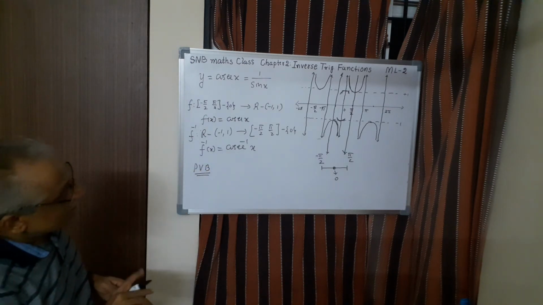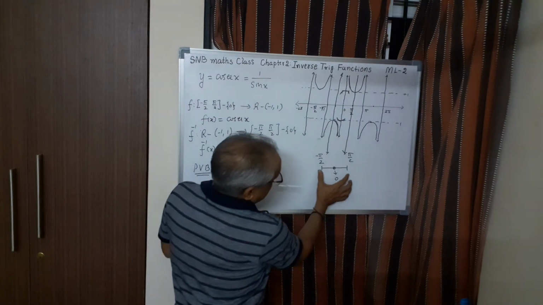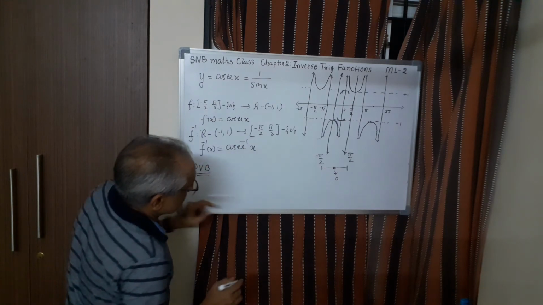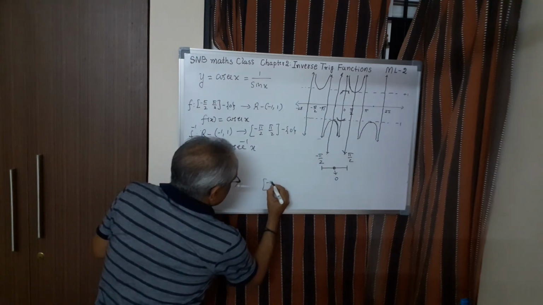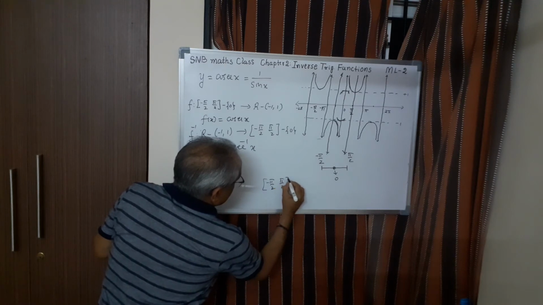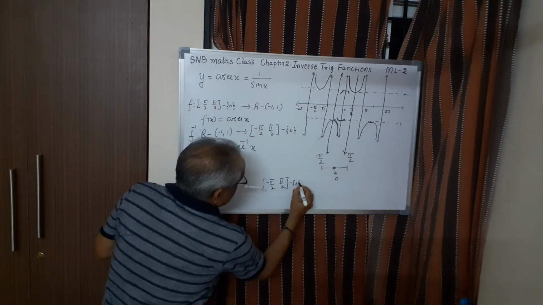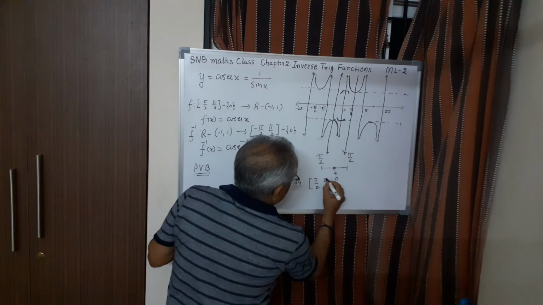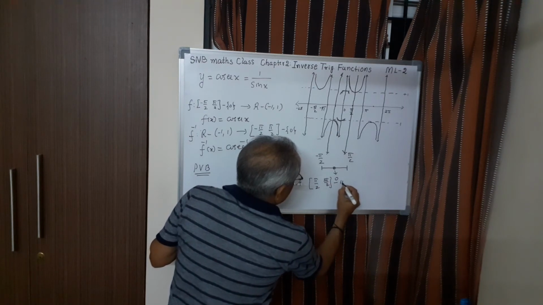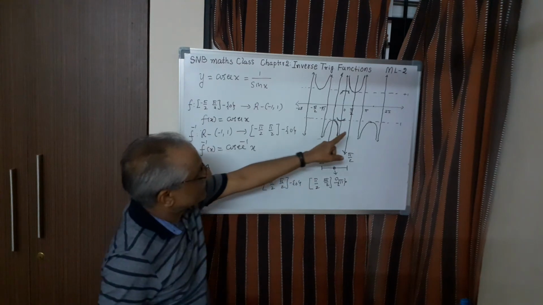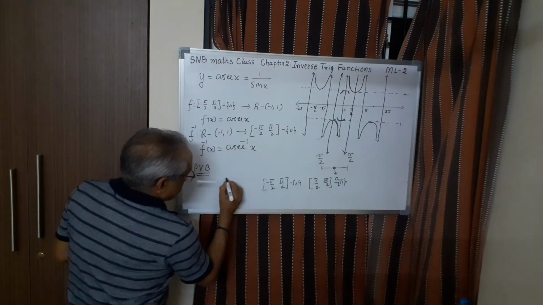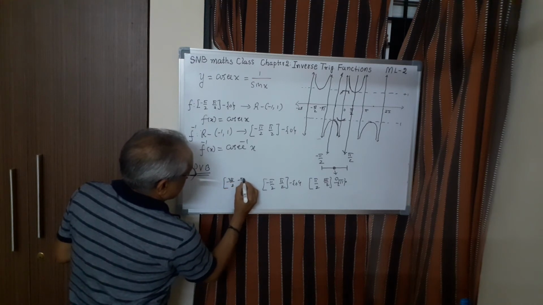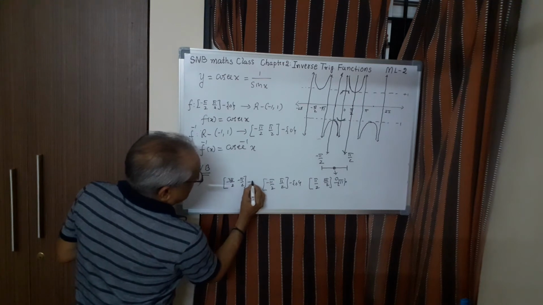What is principal value branch? For the definition purpose we have taken this branch, so that is minus pi by 2 to pi by 2 excluding 0. So it is one branch. Same thing we can also do here. For example, I can take pi by 2 to 3 pi by 2, then I have to exclude pi, because at pi also it is not defined. This side also I can take, for example, minus 3 pi by 2 to minus pi by 2. In this case, I have to exclude minus pi.